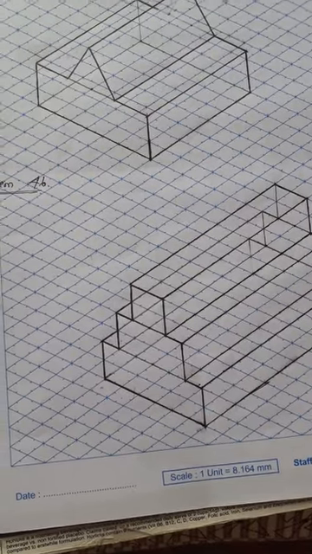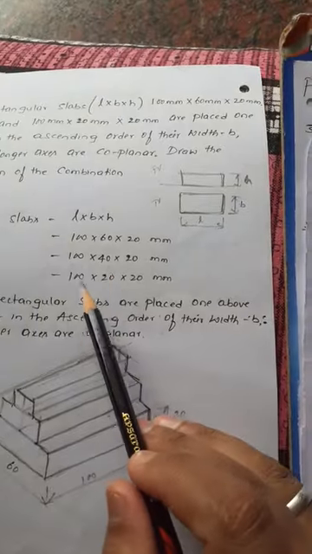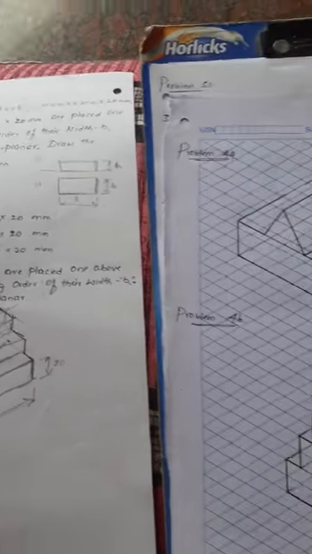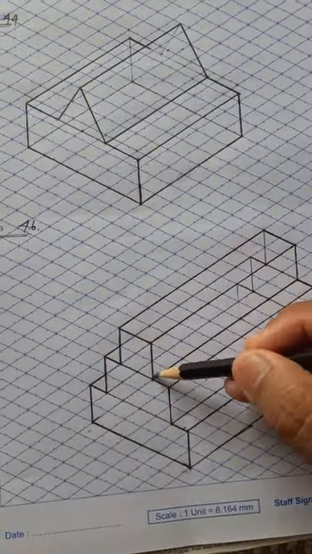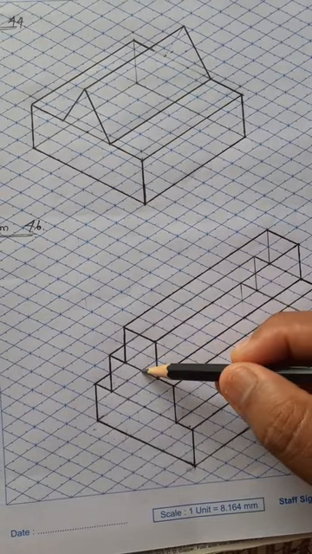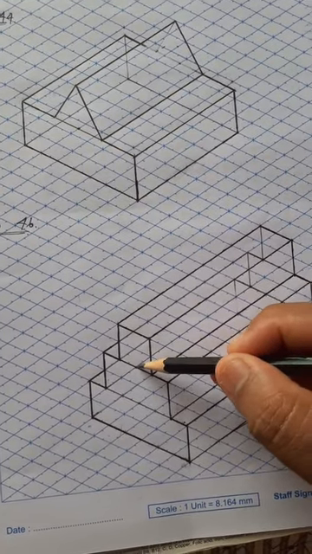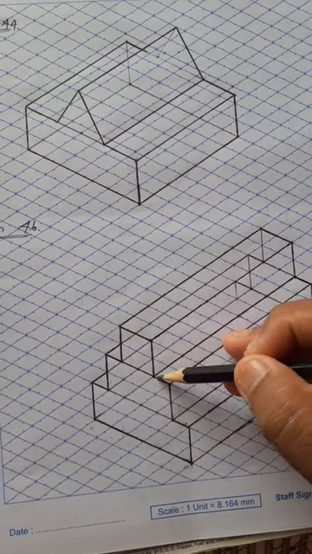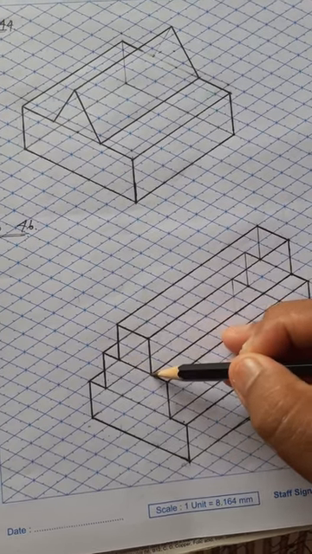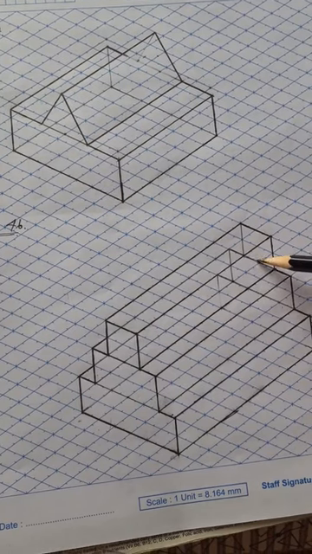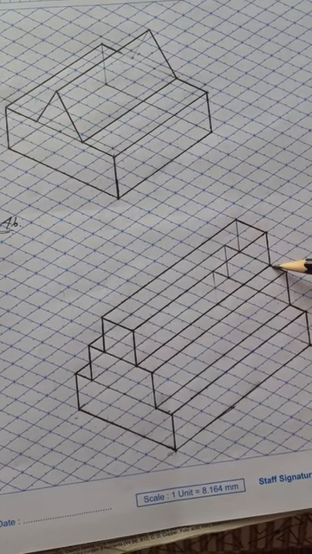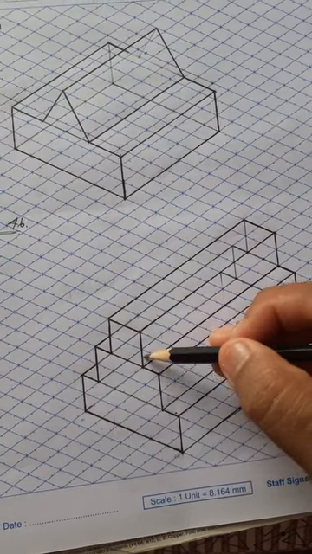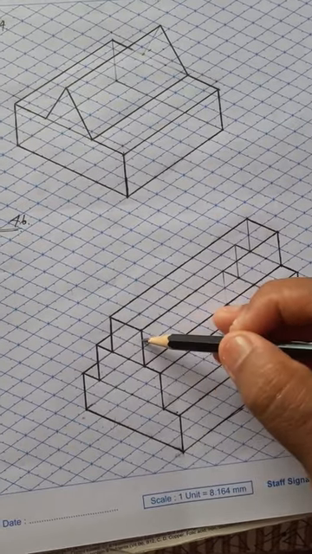slab. Similarly go for the third rectangular slab, which is 100 into 20 into 20. Here 20 mm is the width. From the second slab, the total is 40 mm, the center is 20 mm. From the 20 mm, leave 10 and 10, that means one block and one block. Similarly go for here also, leave one block and on this side another one block. Then mark the points, draw vertical lines from those marked points, then join them.